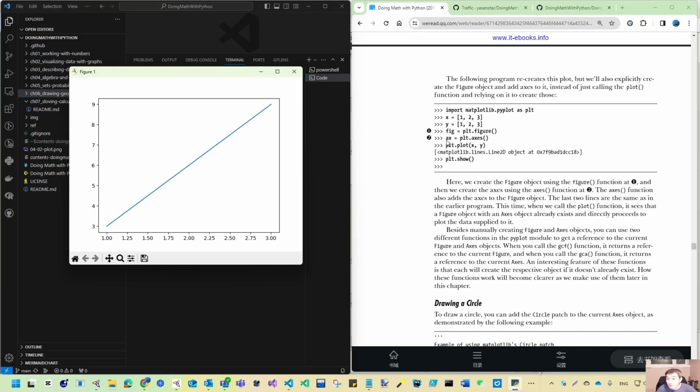So in the first one, we create a figure object, and then we create the axes using this axes function. So these two functions are new functions we are using within this plt. And the axes function also adds axes to the figure object. The last two lines are the same way that we did in the earlier